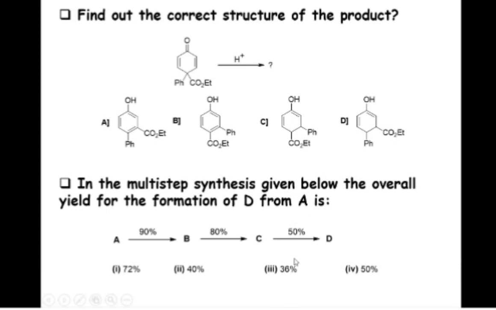This is simple, within a fraction of a minute you will get 4 marks. There is no need to do any kind of calculations if the numbers are given this way. If the yields are maybe 77, then 89, then suppose 35%, then you have to do the calculations with the help of a calculator.